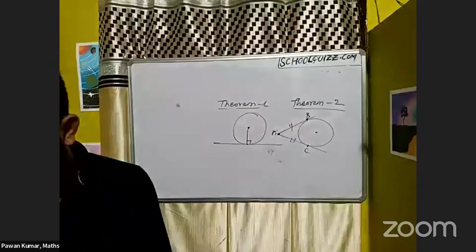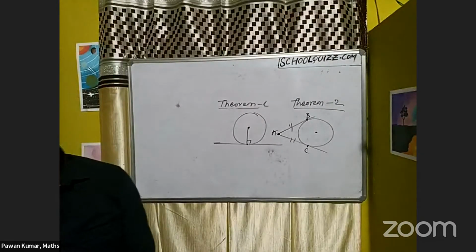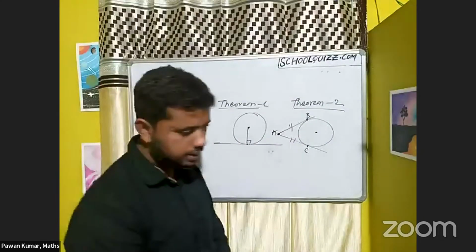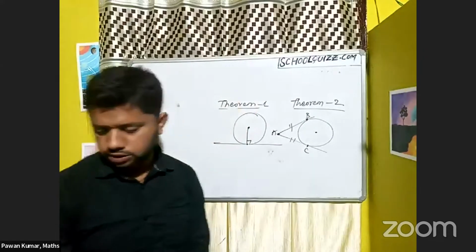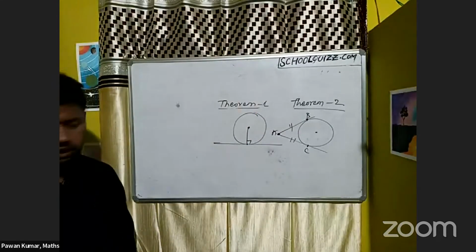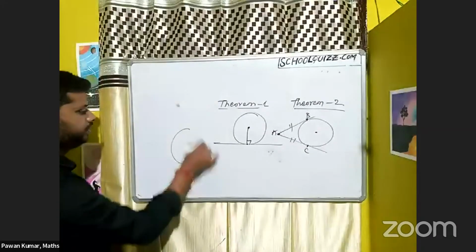But if I say regarding the ninth section, the first theorem they mention is the perpendicular from the center to the chord. Suppose I am drawing one